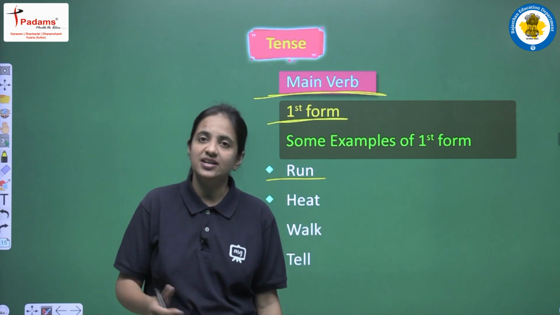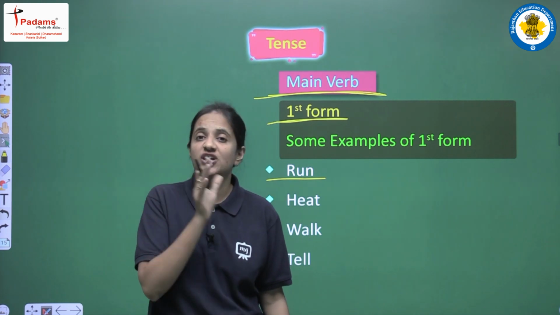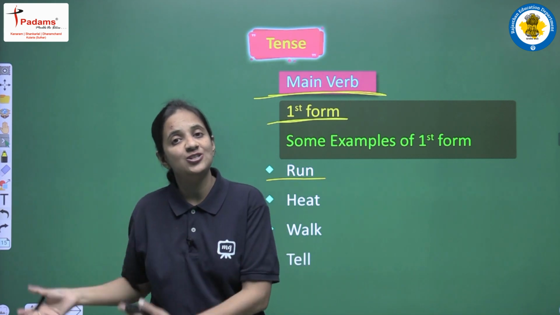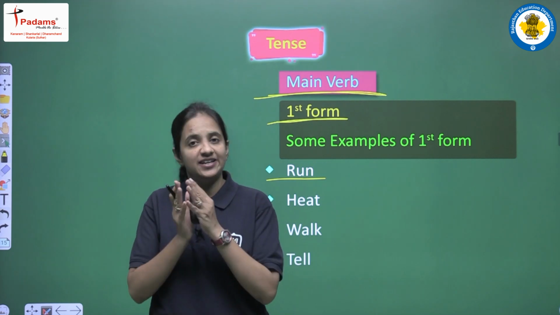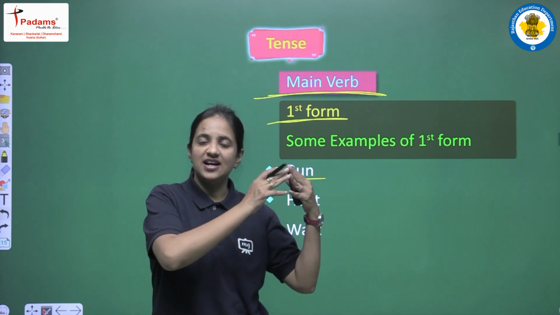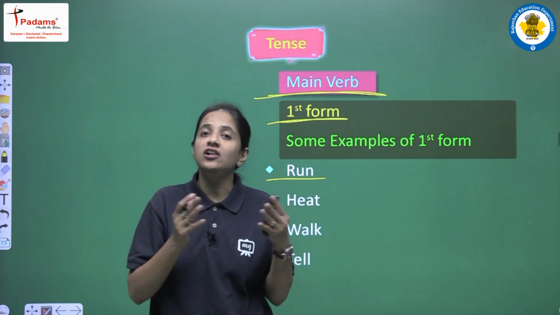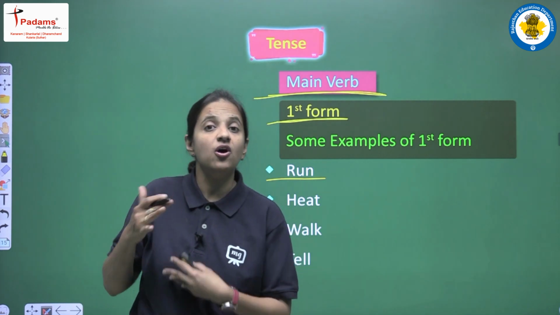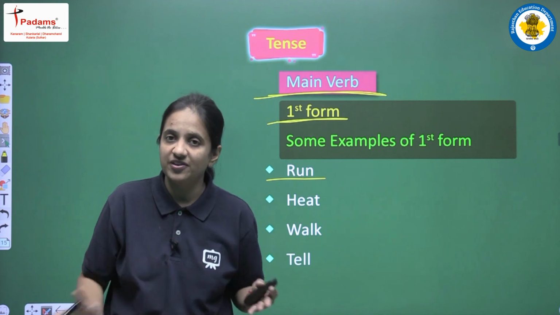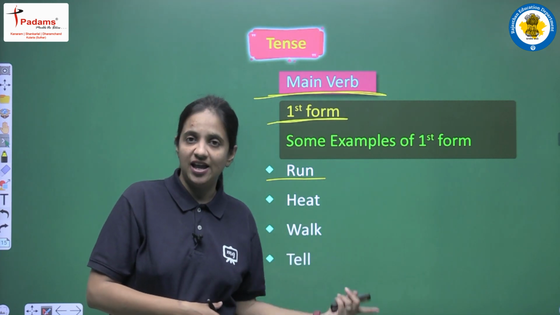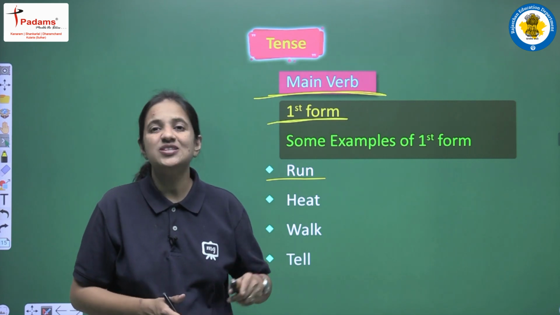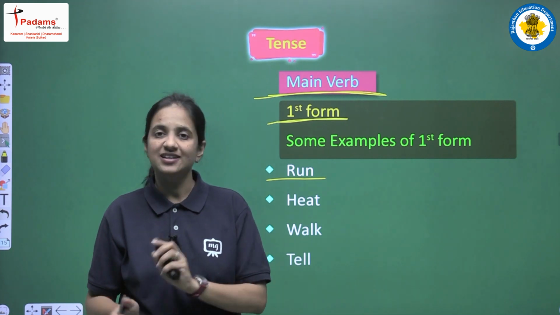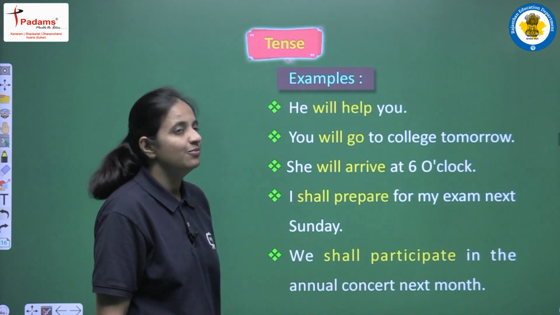And the helping verb is also very easy, because we have two, shall and will. Shall is used only for two subjects, I and we, and for all the rest of the subjects we use will. And one more thing is that these rules are applicable for all the different kinds of sentences. Whether the given sentence is negative, interrogative or positive, that makes no difference, because we have to use the same helping verb, shall or will, according to the subject, and the same form of the main verb, that is the first form. Okay, clear? Now let's see some examples.